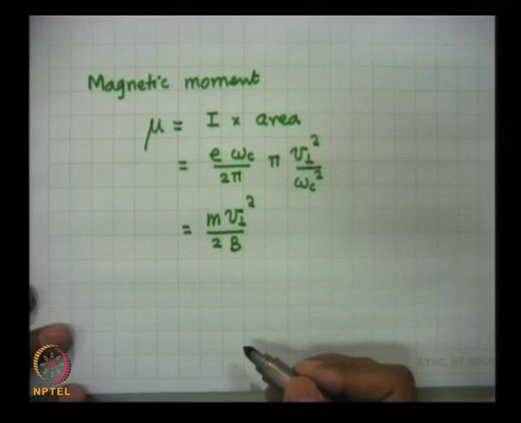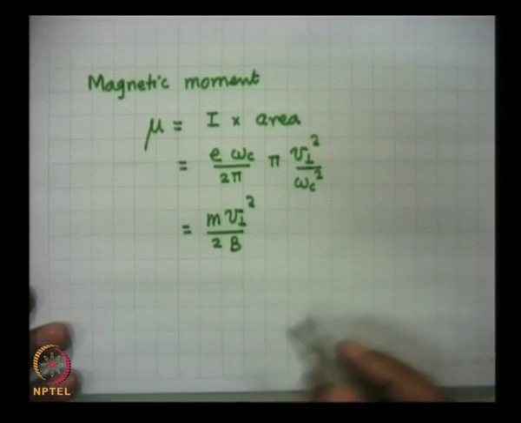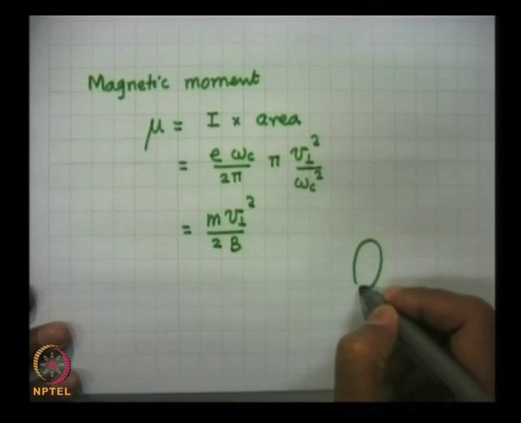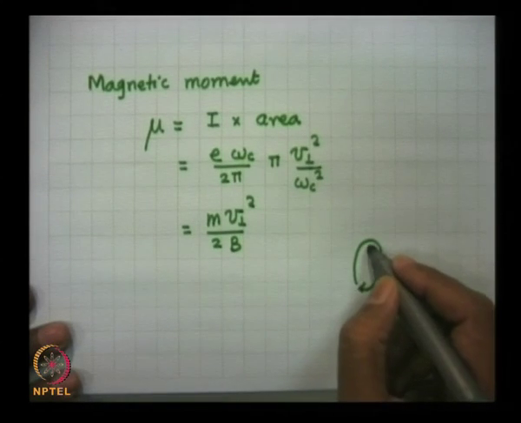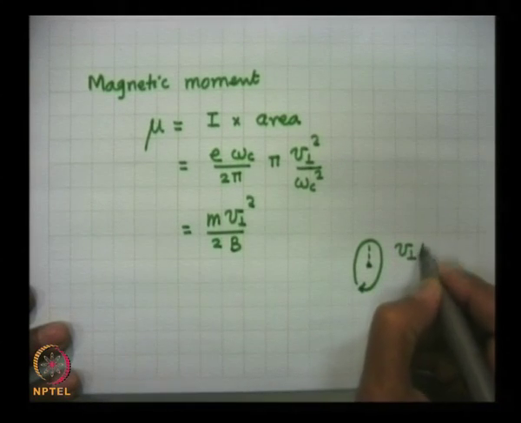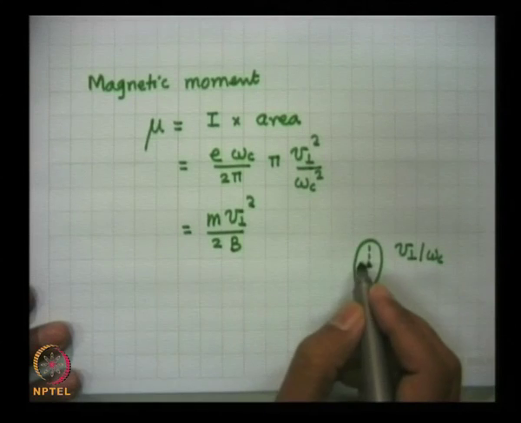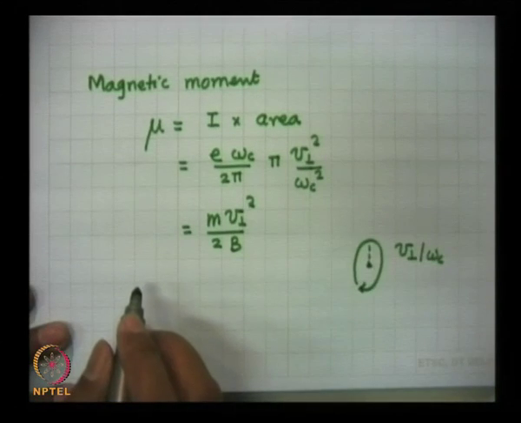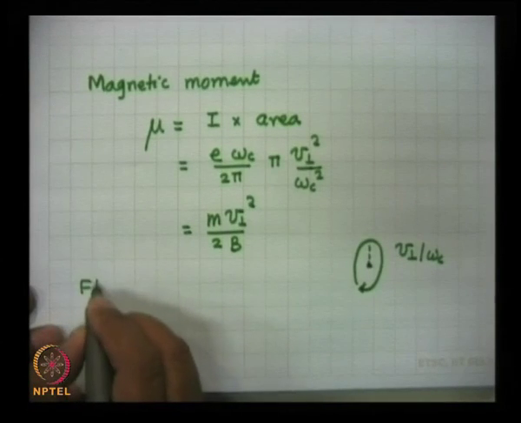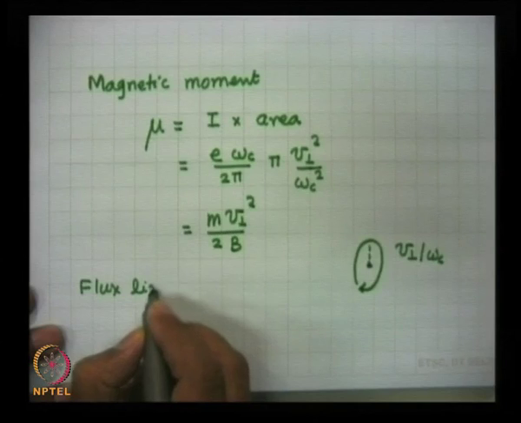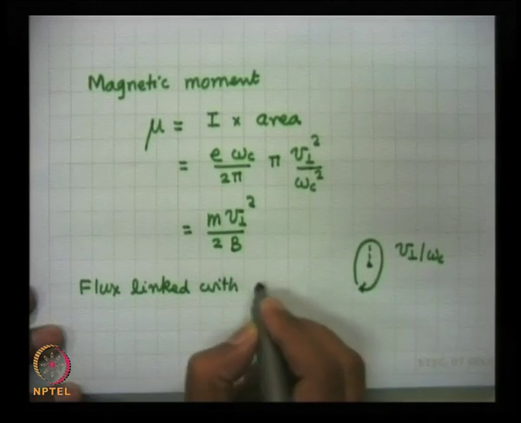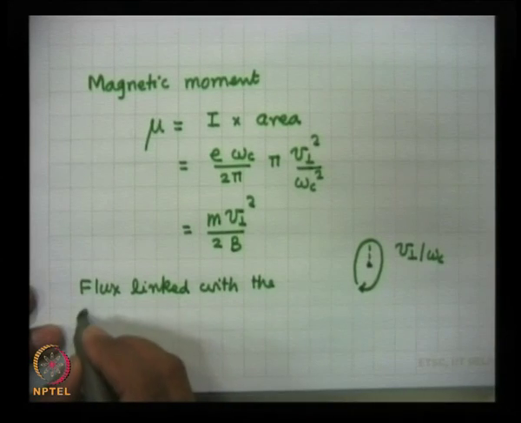One may also recognize another important quantity. If the electron is rotating about the line of force with a radius equal to v perp upon omega c, what is the magnetic flux linked with this? The magnetic flux linked with the gyrating electron would be